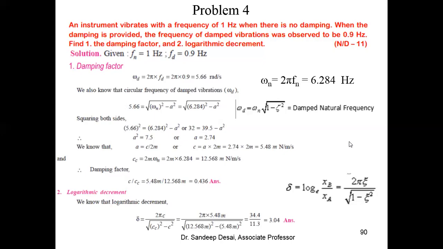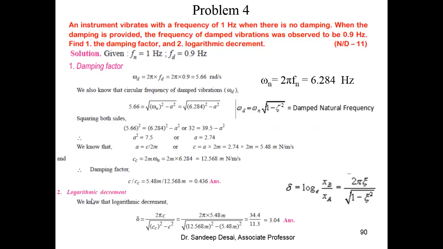Correct, Nikhil? You are not required to calculate the actual damping coefficient C and the critical damping coefficient CC. Not required, because we can directly get zeta, that is the damping factor or damping ratio. Aniket, correct. So we got the first answer. Sairaj, correct. Prajwal, correct.